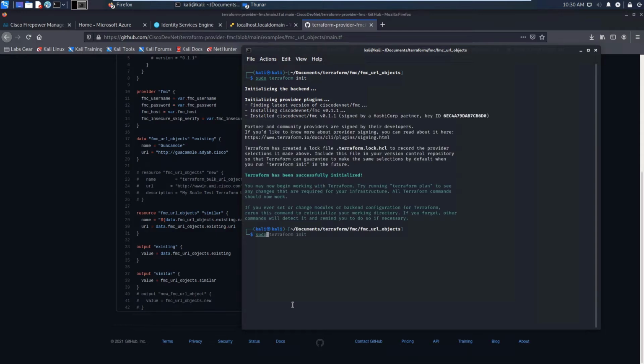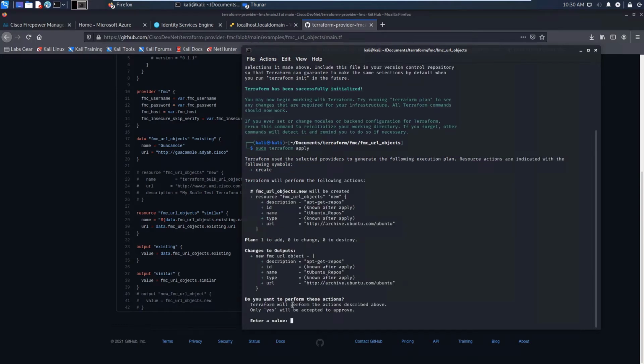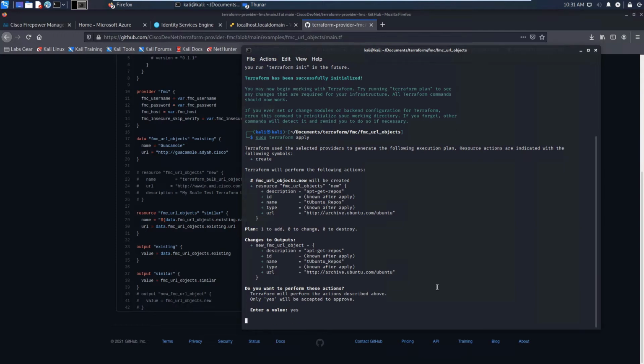And we'll go ahead and apply. Now you could, and I've mentioned this before, you could run plan first, but apply will provide you what the plan is before you execute, unless you use the auto response capability. Okay, so we can see that we're going to create a new object. We'll go ahead and hit yes. This will do